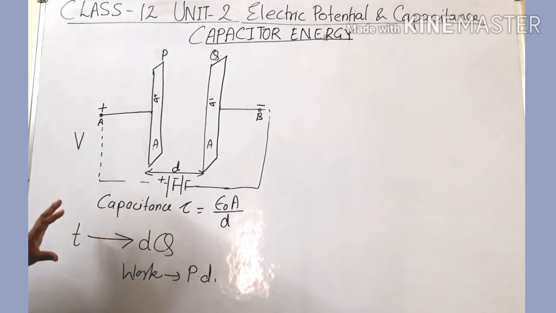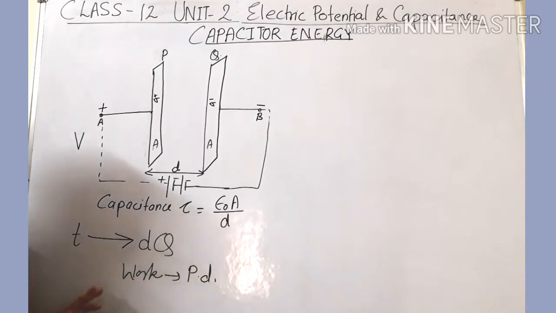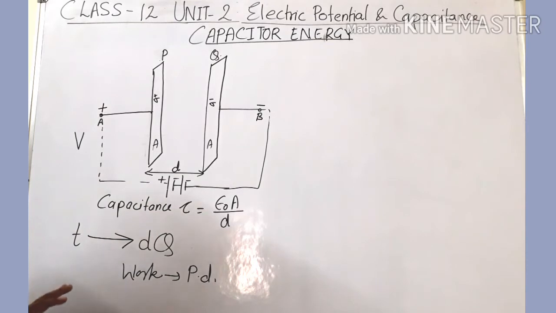In this unit we have described two terms, electric potential and capacitance. All are given in detail, and if you are able to grasp each and every basic concept, you can quickly sort out the numericals provided in different reference books as well as the NCERT book. So it is better to go through the basics, give sufficient time to the chapter's explanation, and only then go to the numerical part. Otherwise you will be confused here.